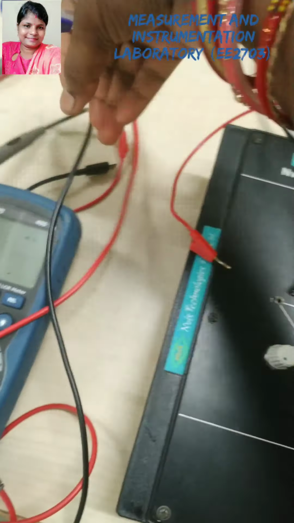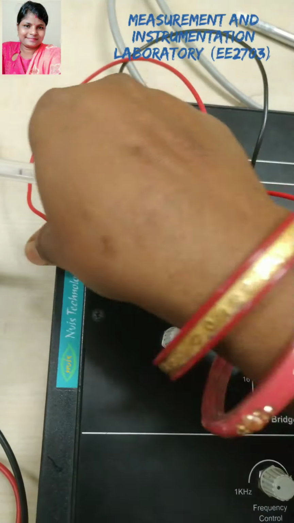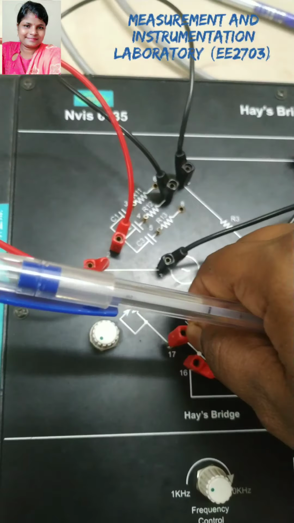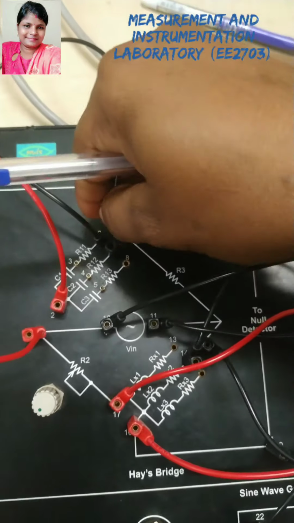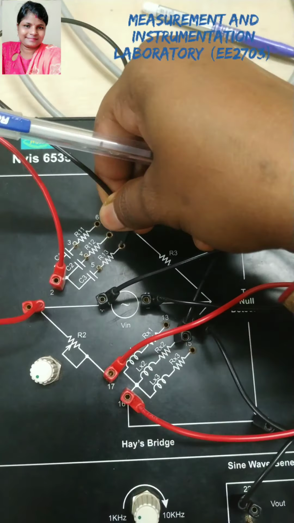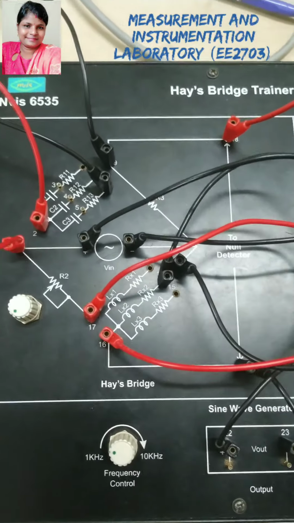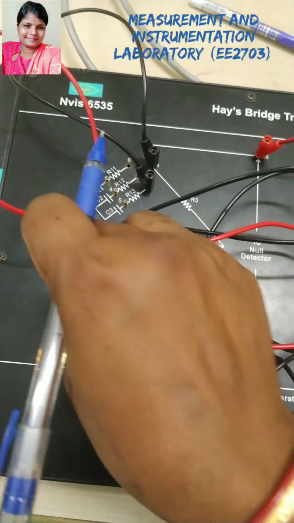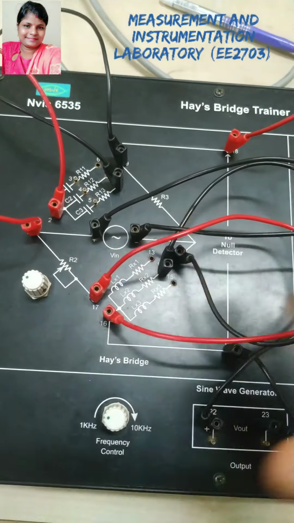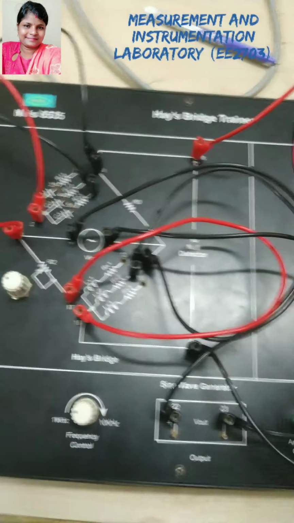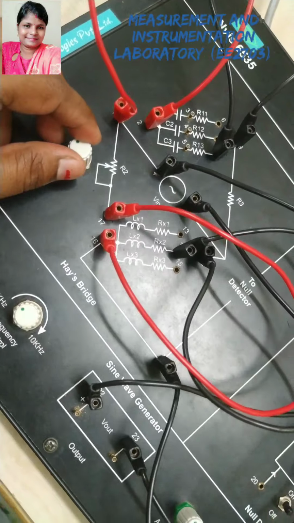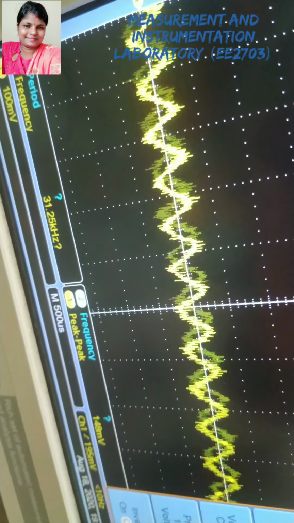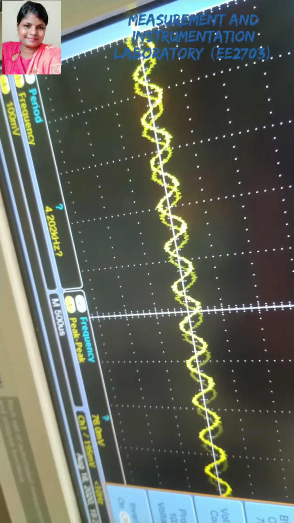Disconnect the wire of multimeter and same connect the patch cord between 1 and 2 and connect the patch cord between 16 and 17. Only change is terminal 9 to 8 and everything is same as before. And the frequency control set 2.6 kilohertz, and this potentiometer should be in minimum position, and then switch on the power supply and rotate the potentiometer where minimum noise is coming or where the peak to peak voltage is minimum.